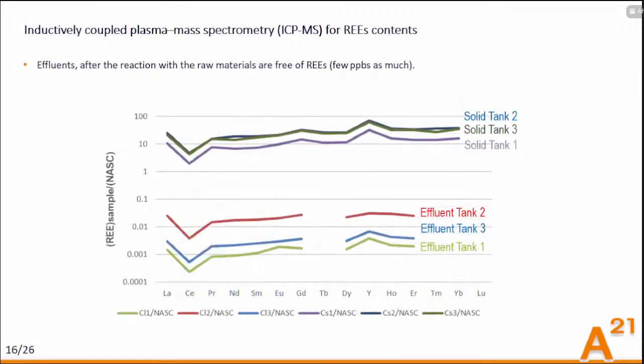Here we see the secondary waste. We took some samples from these 3 tanks. There were some of the fluoride muds and some of the liquid, and we took both of these and measured the concentration of rare earths. They are normalized to the North American shale composite, and as you can see, the concentration in solids was more than 3 orders of magnitude higher than in liquid. In liquids there were some ppb, even ppt, so the concentration was extremely small. So you can see all of the rare earth elements are fractionated into the solids, not into the liquid.